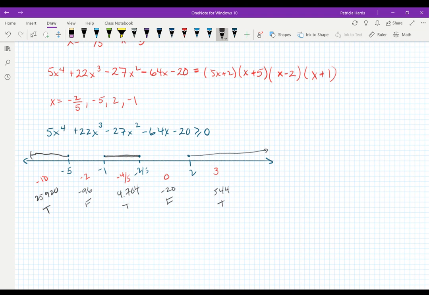Okay, so that means the answer to my inequality is -infinity to -5, close bracket, because it's greater than or equal to 0, union -1 to -2/5, close bracket, union, close bracket, 2 to infinity. Okay, now,